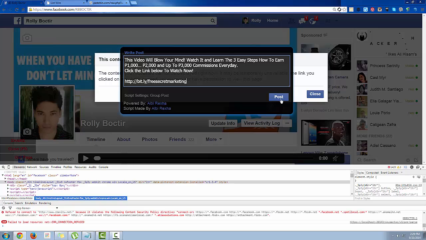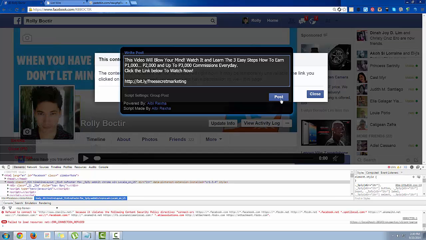But with this one, wow, this is great, because there's no need for approval from the admin of the group you posted in, because it will automatically post there, and that's the advantage of this one.